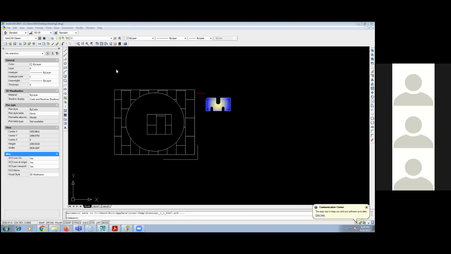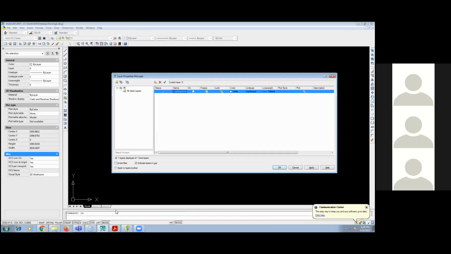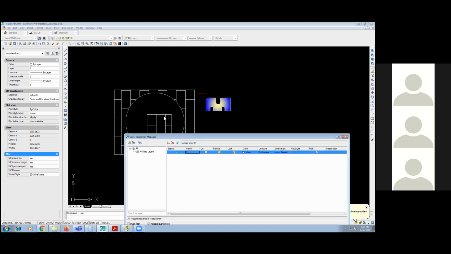So LA. Okay, so layers. In layers, I did tell you about the difference between this one and this one. Last week I said I would tell you this week. So what is the difference between layers? For example,